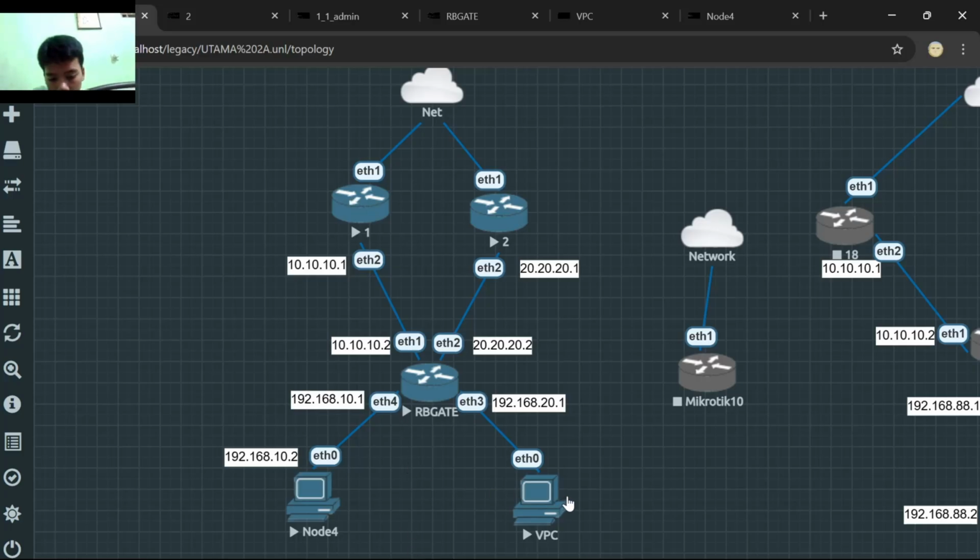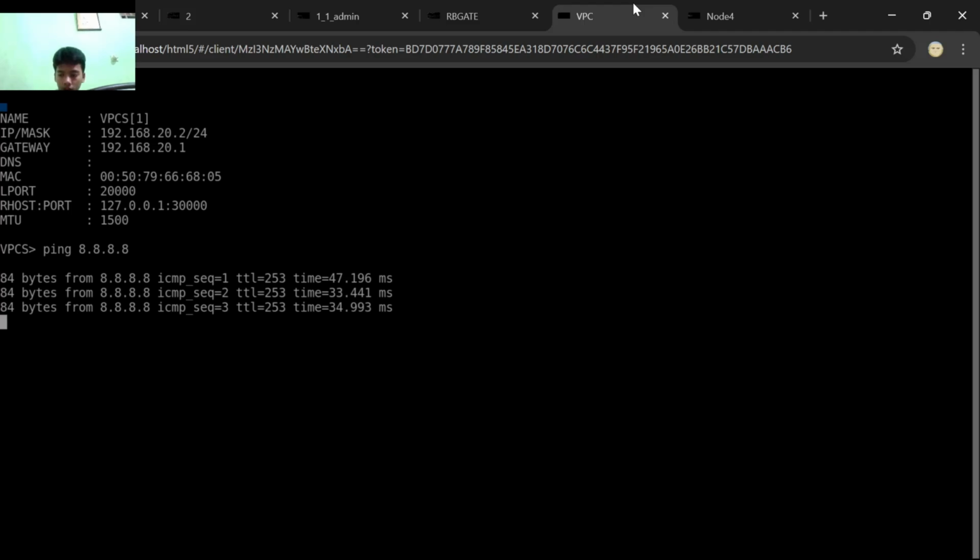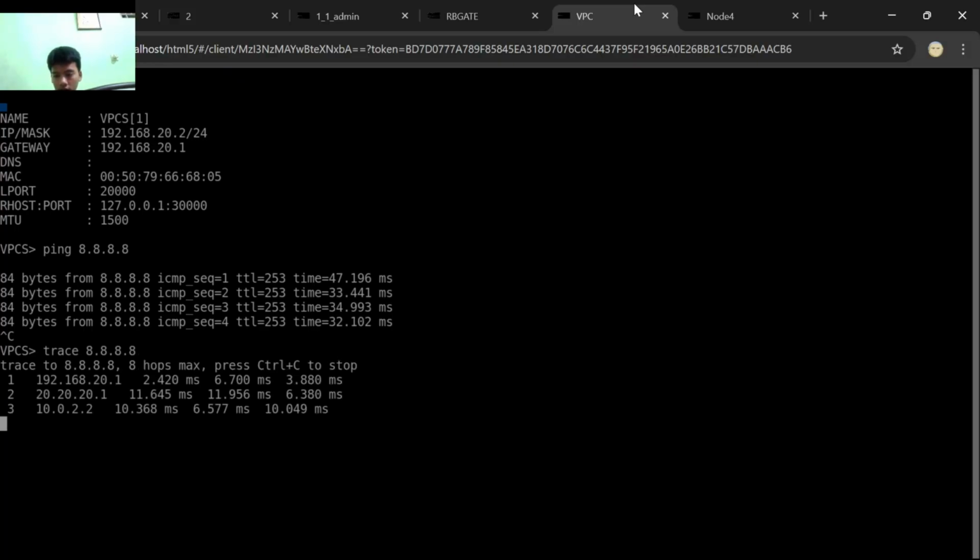Okay, this is done. Now we check PCB. We ping it first to see if it is connected or not. Okay, this is connected. After connecting, we trace. Don't forget to trace to look from where they send the packet.